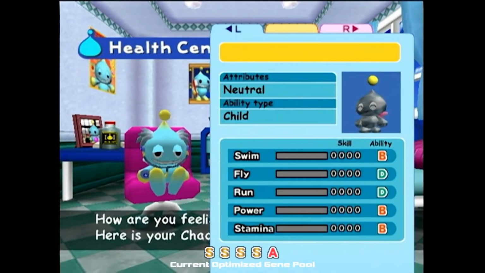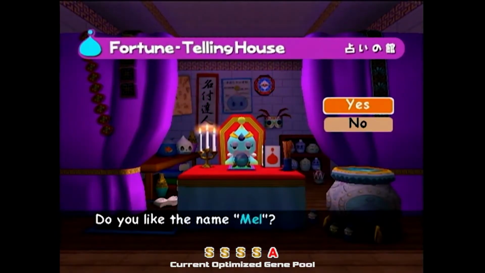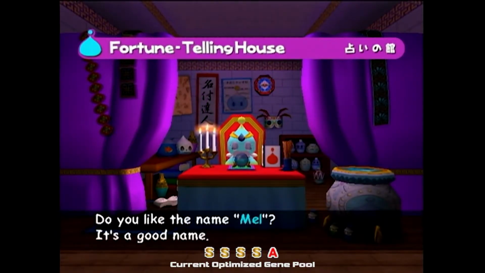Checking the Jewel Chao's stats, she was a BDDBB Chao, which would prove to be a reasonably high set of stats for the breeding RNG when the time came. I named her Mel. Time to wait once more for Mel and Euro to evolve, and then we can create